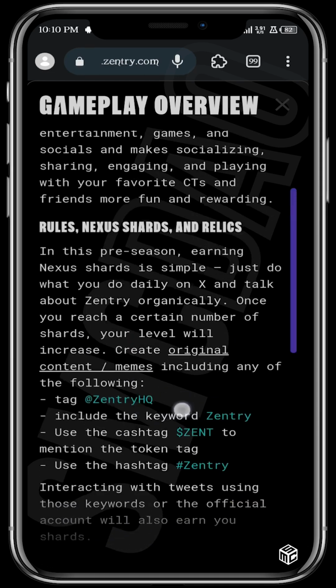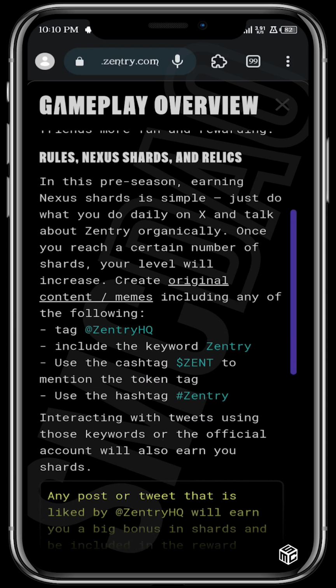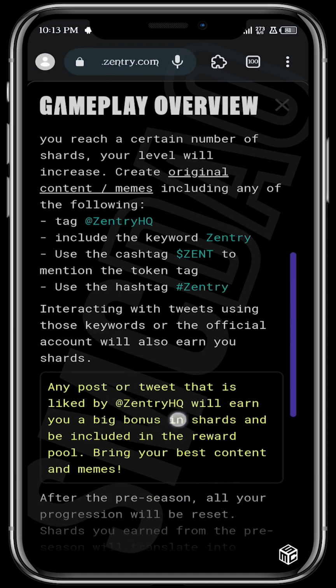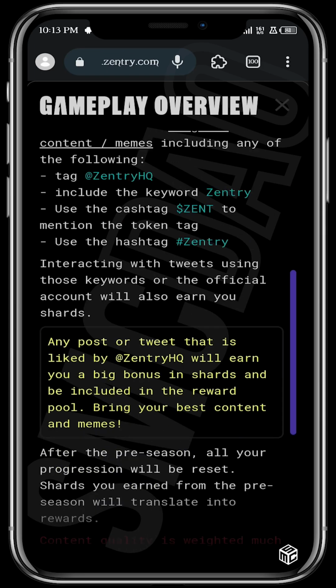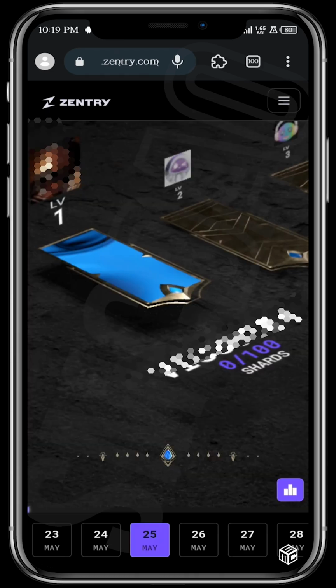Also, you can interact with tweets using any of these elements. If your post or your tweets get to be liked by their official X account, you will earn additional bonus shards. All right, guys, so that's basically it. So you want to go over to X and start making posts, start interacting using those keywords, those key elements, right? So in addition, there could be tasks or missions like the one we saw when we got here to do, right? So these missions and tasks are actually meant to increase your shards earning. So you want to come and check if there are new missions, there are new tasks to do in order